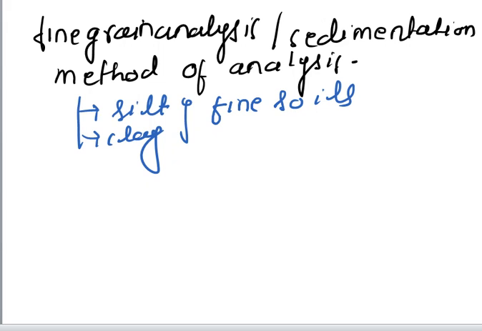And what is the size range? Less than 75 micron in general. Okay,